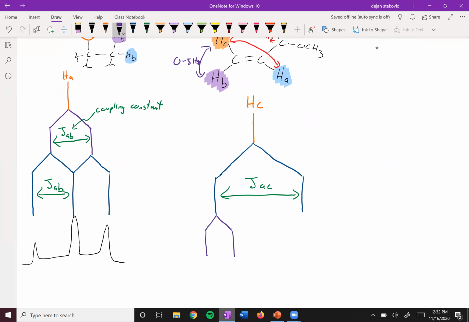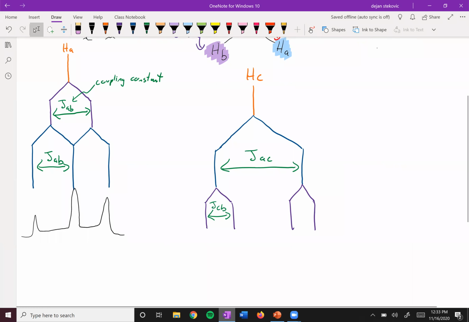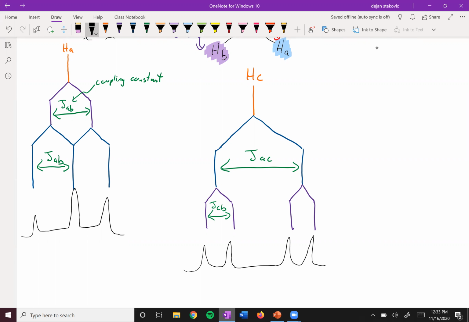Maybe something like that, where this is now JCB. What you can see now is that the 2 peaks in the middle have not fused together, so we won't get a triplet. What we get is 4 evenly sized peaks. This is referred to as 2 doublets: there's a doublet here, and then the doublets get split again into doublets. So this is called a doublet